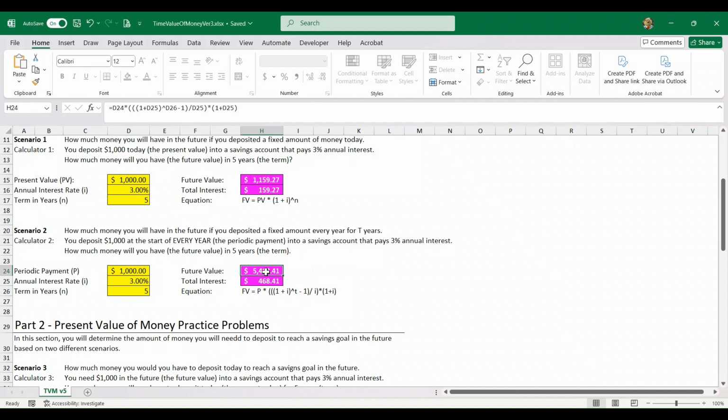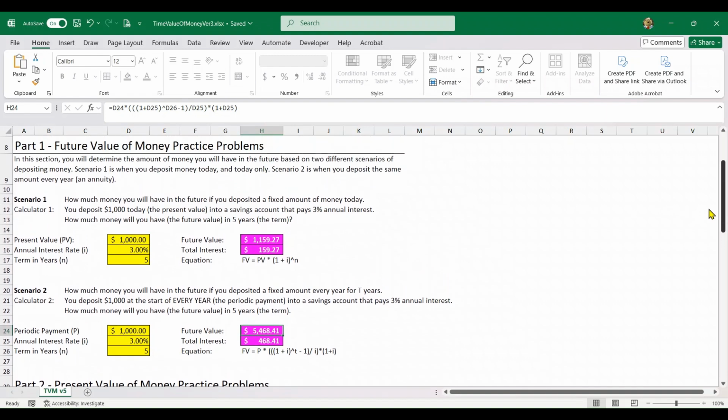So we're going to earn a total of $468.41 of interest, and in that particular case, that gives us a total future value, including the sum of all those periodic payments, of $5,468.41. Again, that same principle of compounding applies, and that's why it comes out as slightly above what you would do if you did that by simple math. So those are the two scenarios which you're going to do for the Part 1 future value of money practice